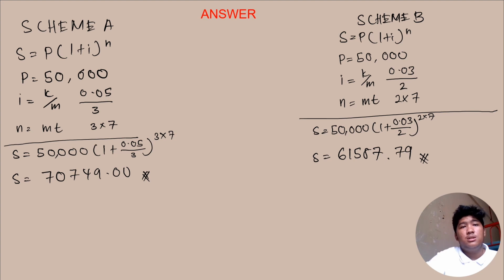So we're going to calculate the difference of Scheme A and Scheme B. Scheme A will use the formula S equals P in bracket 1 plus i close bracket the power of n. P equals 50,000, i equals K per m, which is 0.05 over 3, n equals m t, which is 3 multiplied by 7. So the calculation is S equals 50,000 in bracket 1 plus 0.05 over 3 close bracket the power of 21. The answer will be S equals